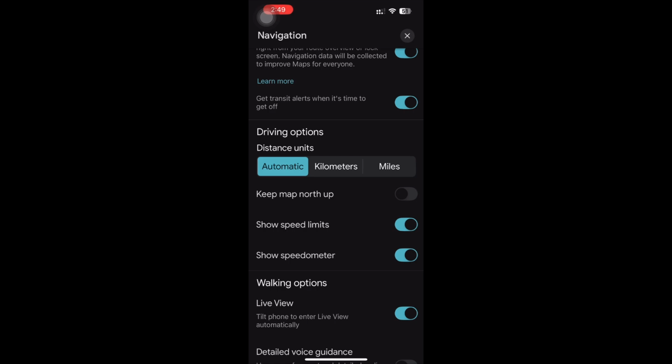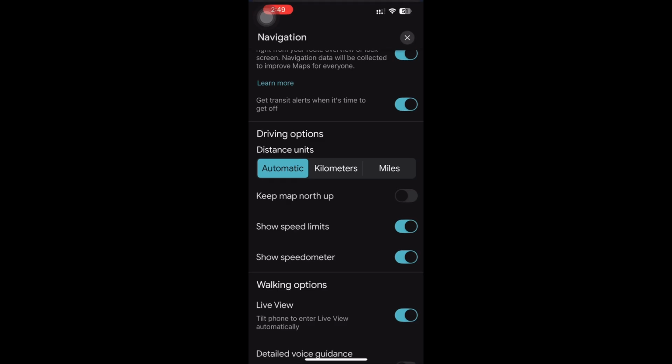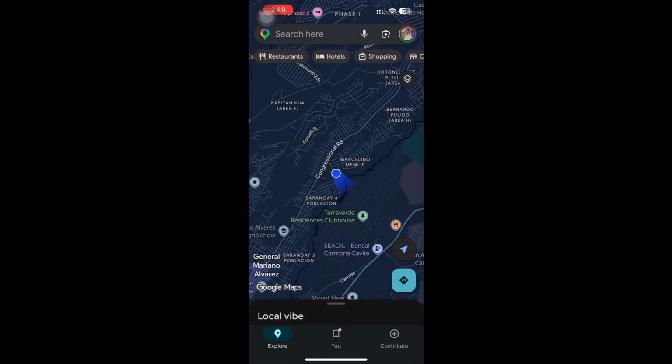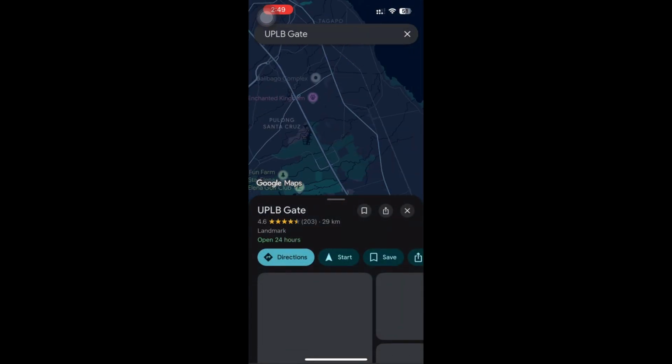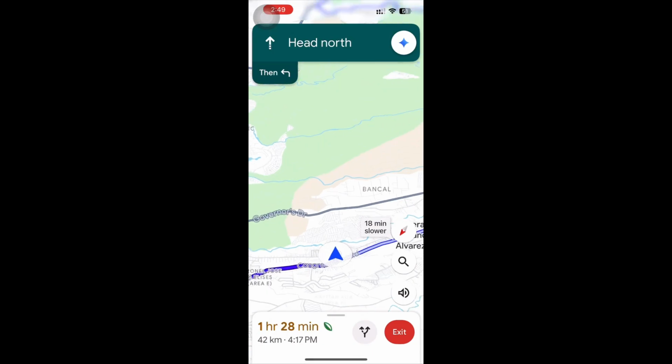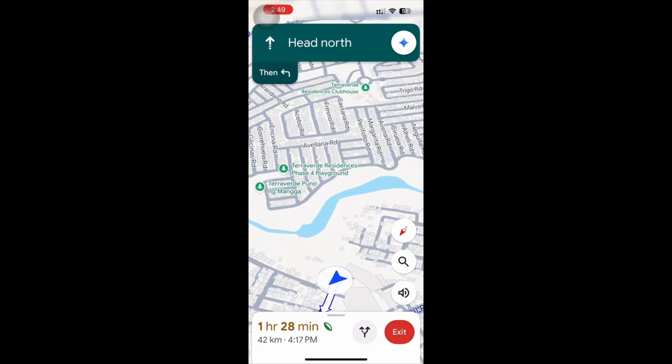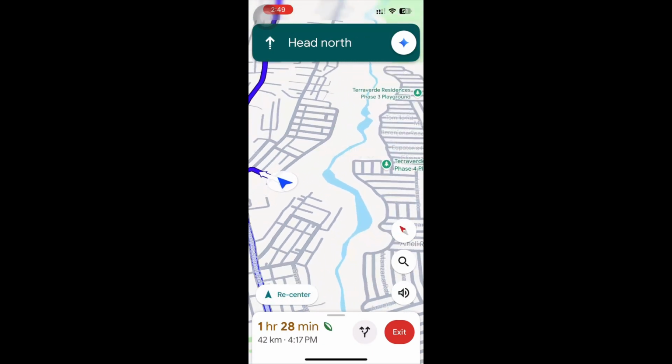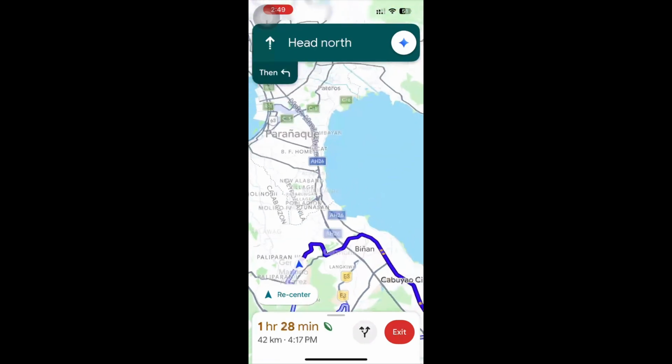After enabling these settings, go back to the main map screen. Search for your destination. Tap Directions, choose the driving route, then tap Start. During navigation, check the corner of the screen. If the feature is available in your area, you should see the speed limit and your current speed displayed on